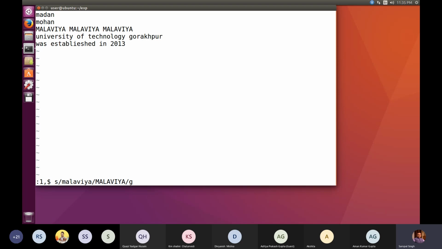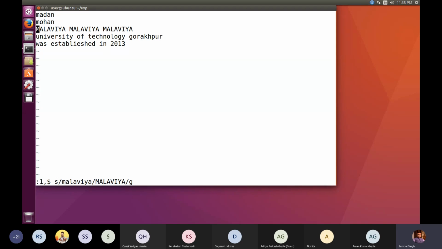So when I did that operation, what happened? Look at the third line. Now all the 3 words have been converted. One was already converted in the previous operation, but the remaining 2 words Malvia have also changed. And if I had executed this command this time also without small g, what could happen? The first Malvia was already changed in the previous operation, so only the next Malvia could be changed to capital, but the last Malvia could still remain in small.